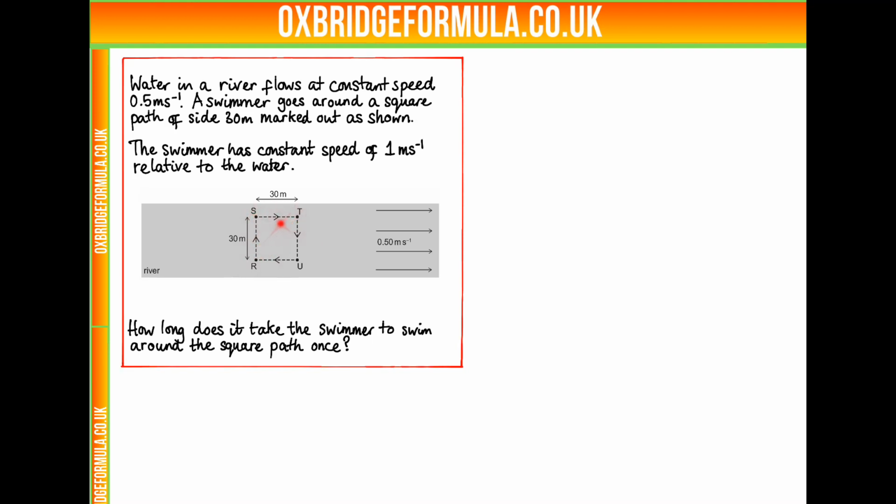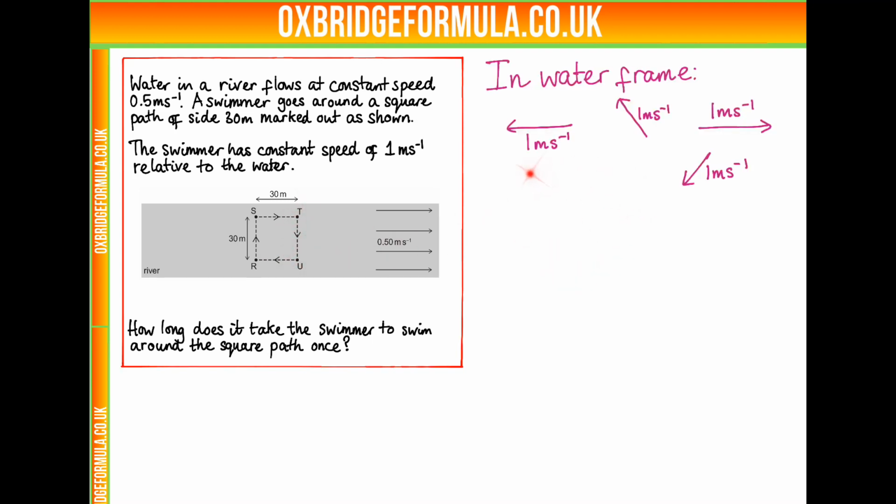And then from S to T, he'll be going in the same direction as the water. Then from T to U, he'll be moving in a southwesterly direction so that the water takes him back along here, and his resultant velocity is directly downwards. So if we look at his velocity in the water's frame, this is what it should look like. So this is the first part of the journey, then the next part, then the third part, and then the last part. So then in our frame, once we've added the water velocity vector back, so seeing how fast he's actually travelling in our frame,